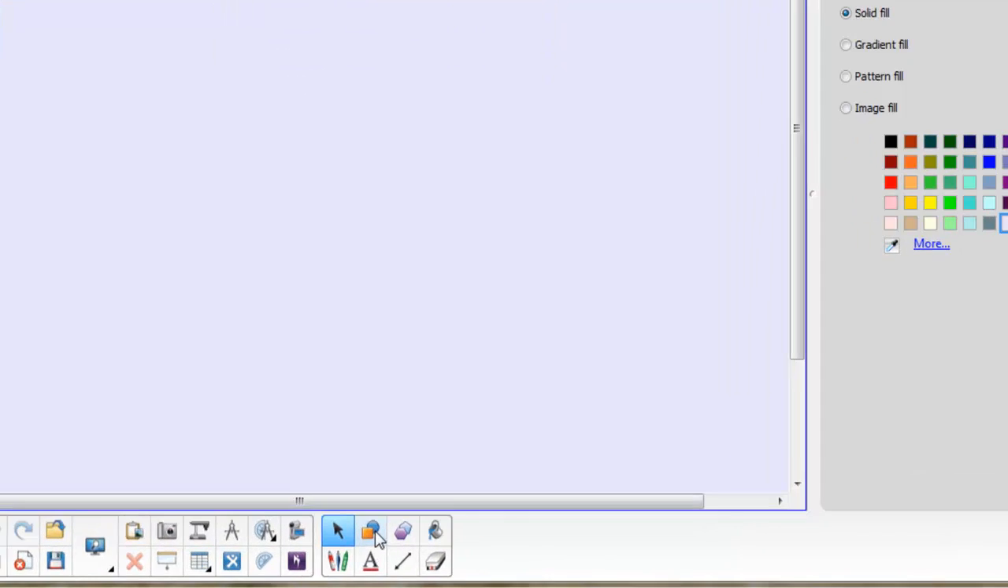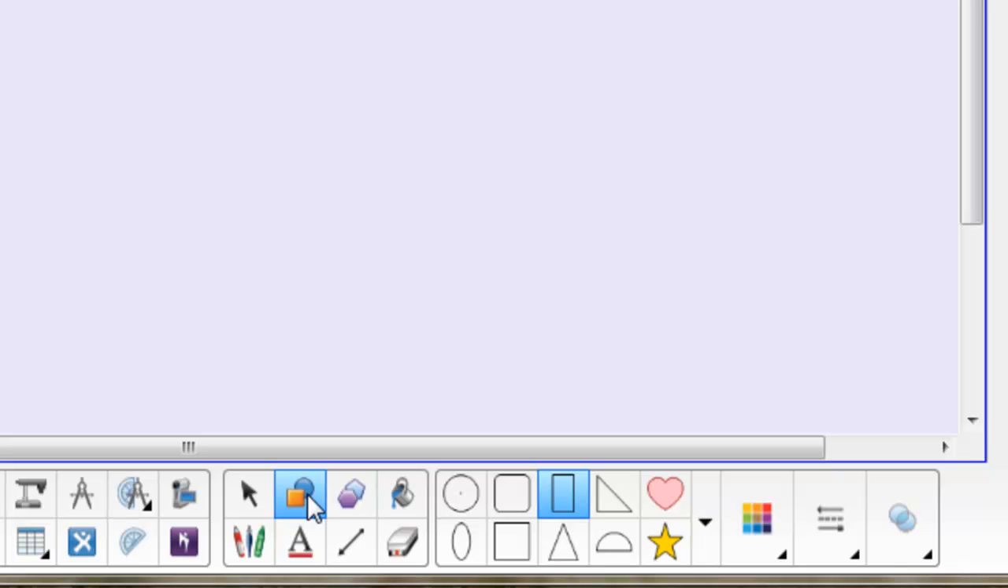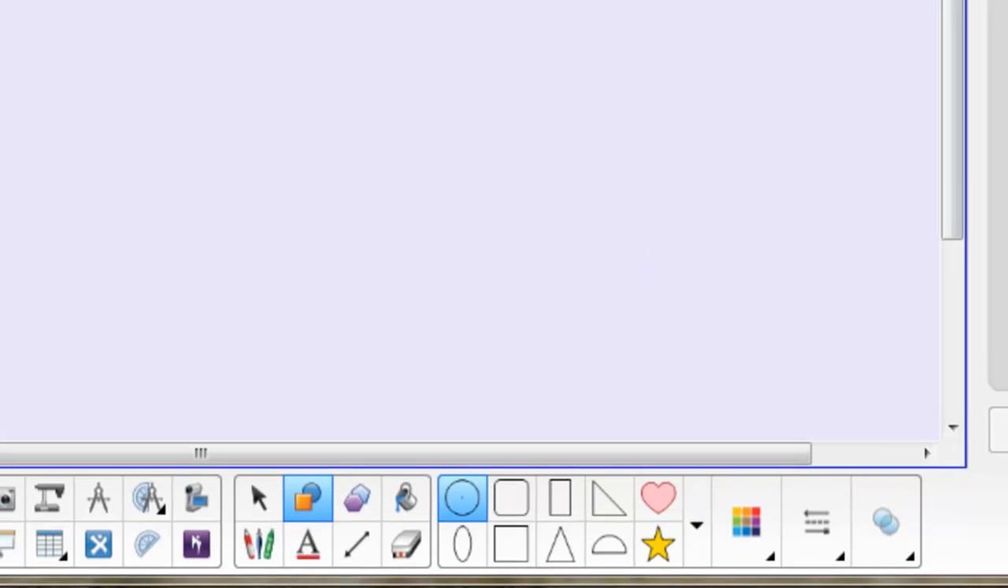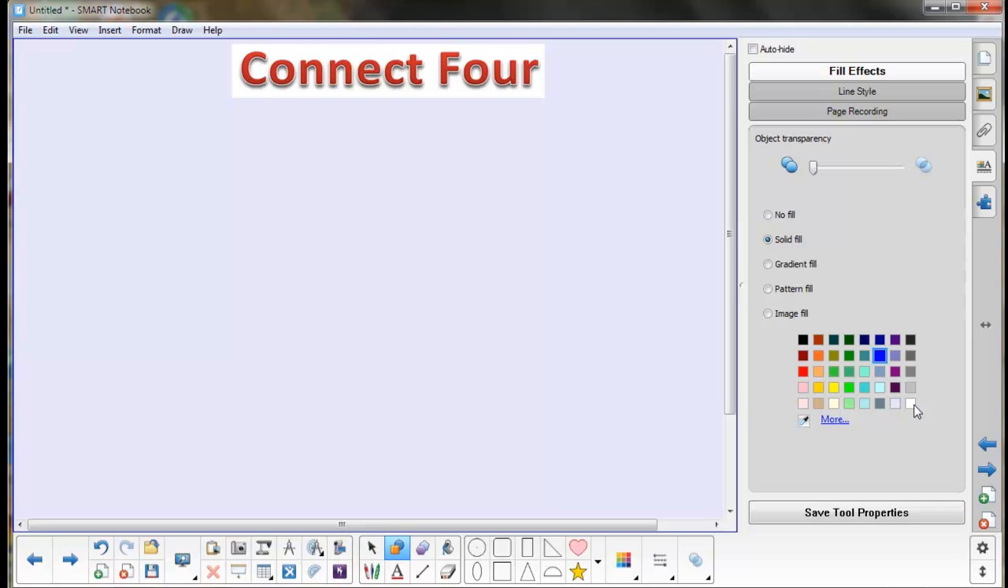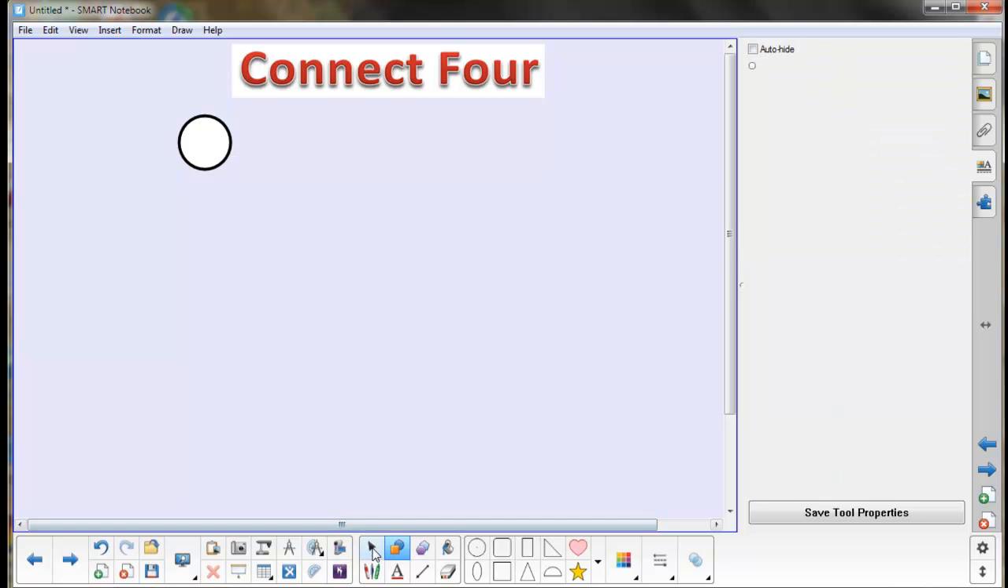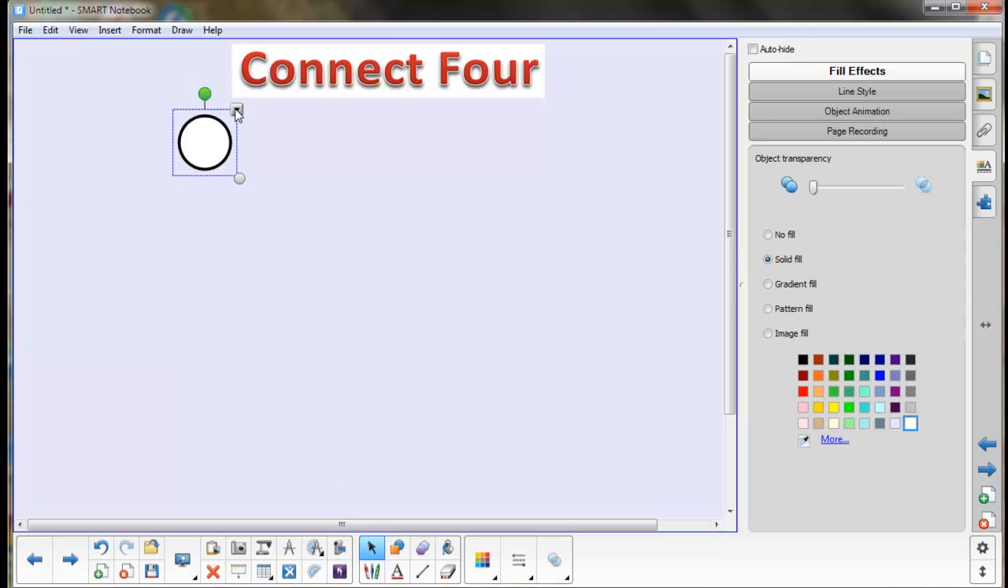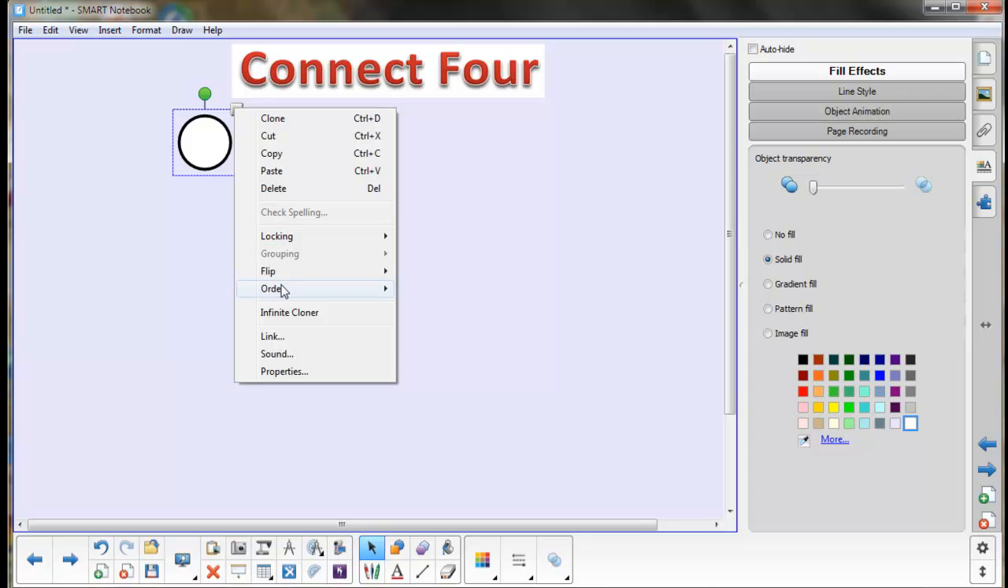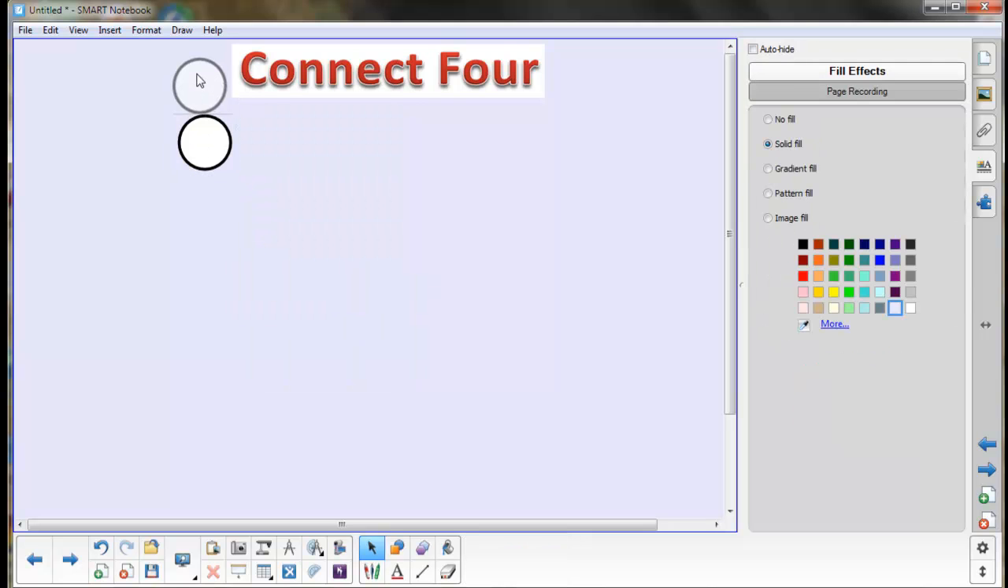To get my game board, I'll have some circles here, and I want to make them white circles at least to start with. So I'll create a circle here, and I'm also going to clone that. I'll make it an infinite cloner because I'm going to need some colored chips,